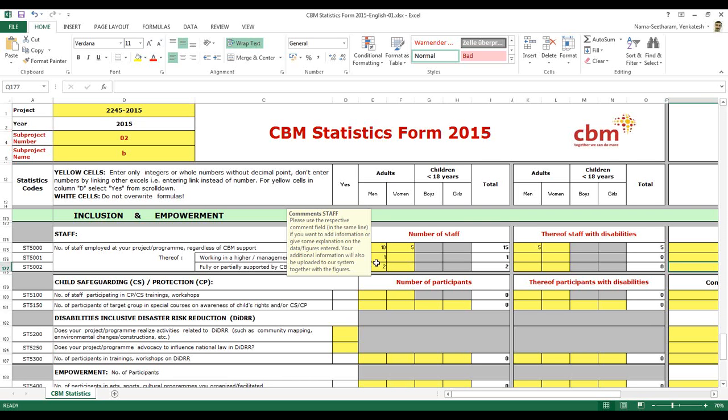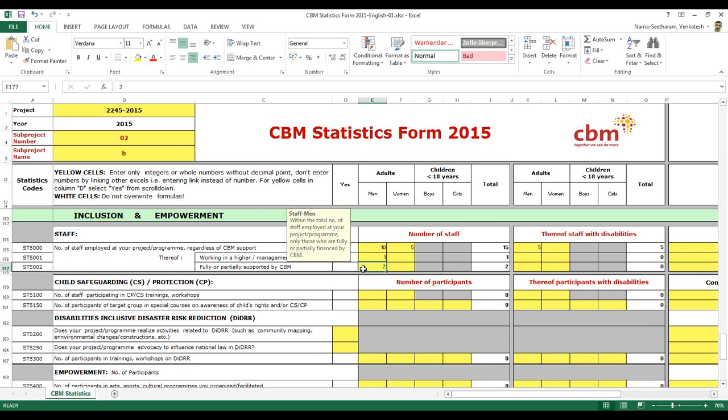For example, if you are very clear, say that you have 5 doctors working for the project, and for all the 5 doctors you are paying only 20% of their salary, then you can just count it as 5, because all the 5 are partially supported by CBM. And if you are not clear how many people you are partially supporting, then only you can make an average. Got my point?